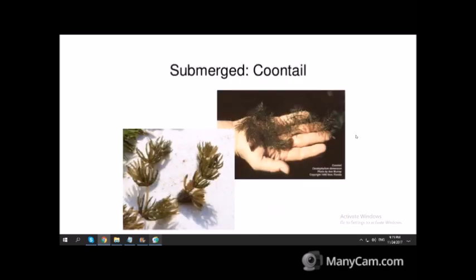And then we move into submerged. And so there's 3 types of aquatic plants: floating leaved, submerged, and emergent. And coontail is a really common variety of submerged plants. And the definition of a submerged plant is one that roots on the bottom and does its growth